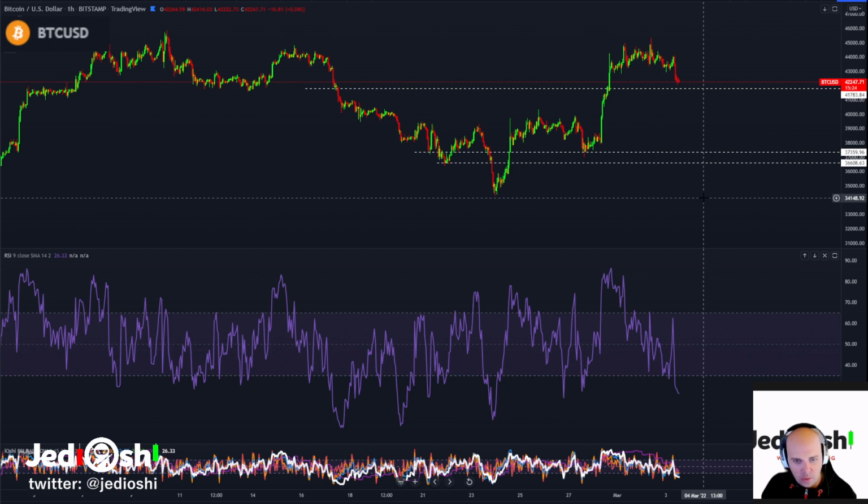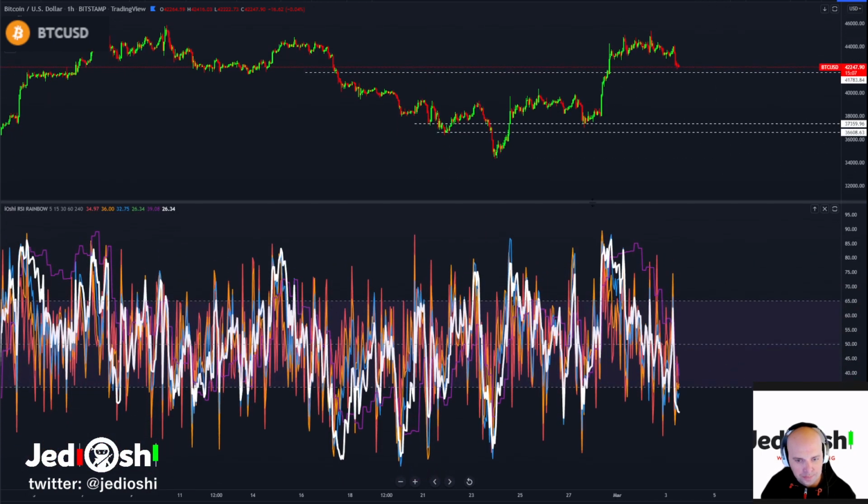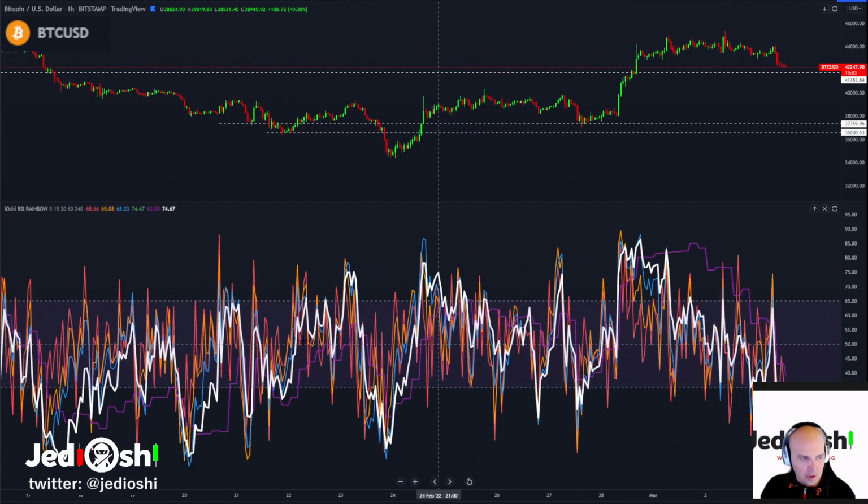It's called the iOshi Rainbow RSI. Credit to YouTube and the internet for helping me understand the code and build this. That's where I learned most of all my stuff, watching other coders and then figuring it out, putting things together. But let me show you. Let's blast this regular RSI and let's look at the RSI Rainbow. Okay, there's nothing fancy about this. The only thing it does is it overlays